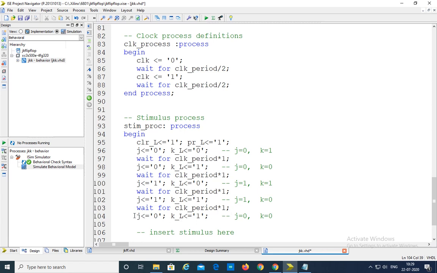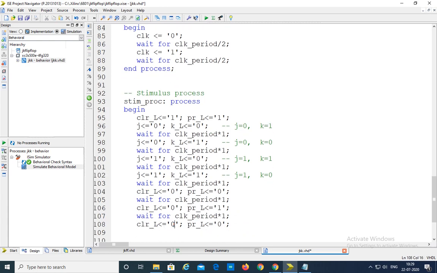Wait for 1 clock period, and what we are doing is making clear underscore l equal to 0 and preset underscore l equal to 0. We'll see what will happen for this case, and also we'll see the 0 0, 0 1 and 1 0 cases. That is, we are seeing these three combinations.